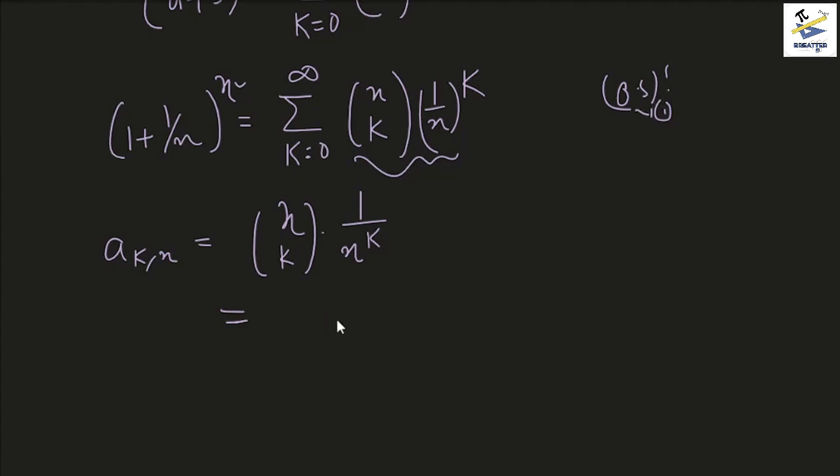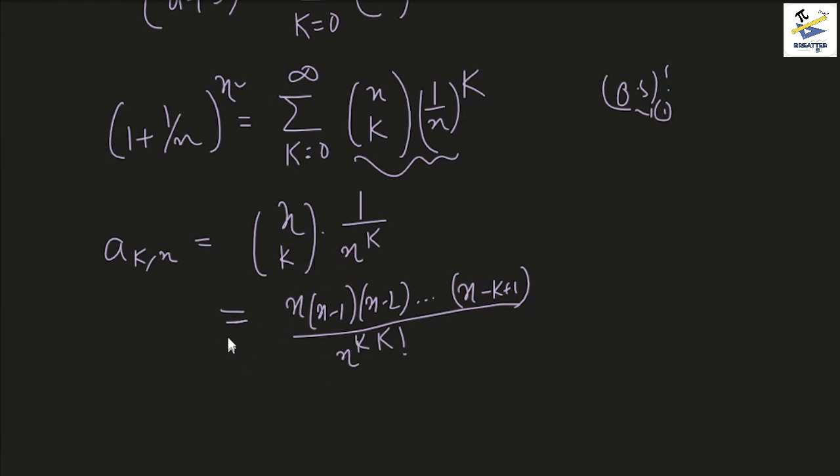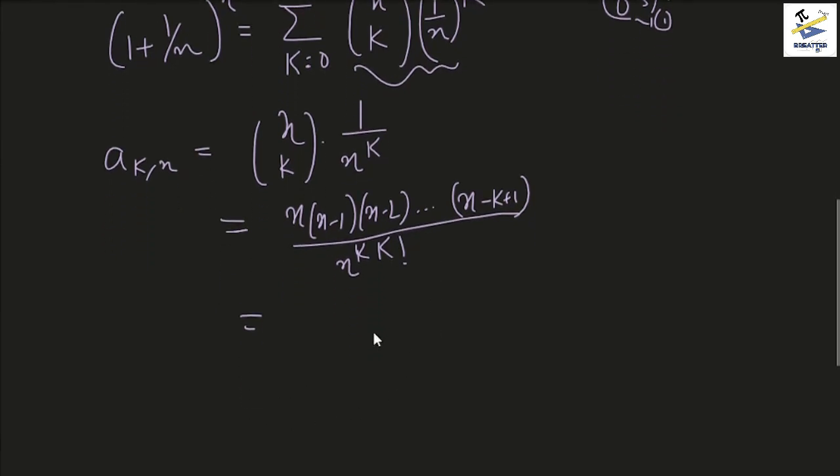Okay, so what makes sense is this: xCk can be written as x into (x minus 1) into (x minus 2) and all the way up to (x minus k plus 1), divided by k factorial. This is the expression, and you have an x to the power k extra in the denominator, which gives us the expression for this. And we are literally trying to find the limit of this expression right here, right? So one of the x's can be cut off, obviously, and what we do get is this: